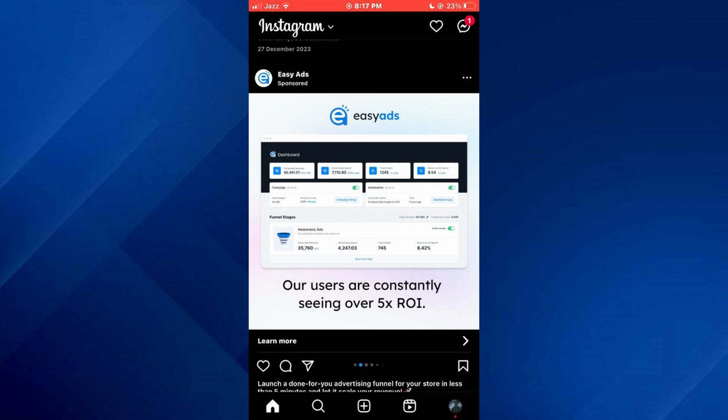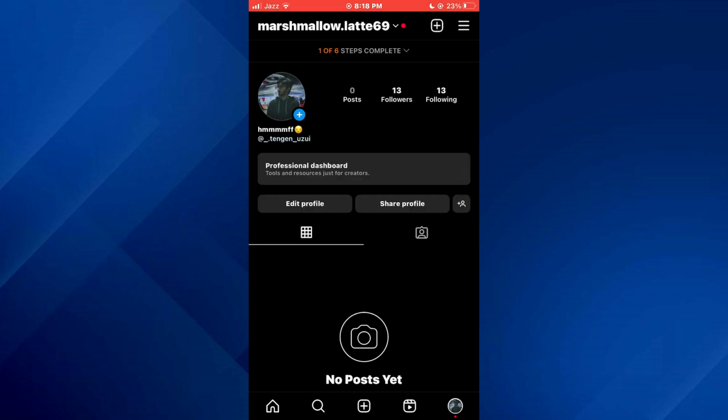First of all, open the Instagram app on your mobile device and make sure it is updated to the latest version available. After that, sign into your account and you will be sent to the homepage where posts from your friends will be displayed. Here, tap on the profile icon at bottom right corner of your screen and your profile